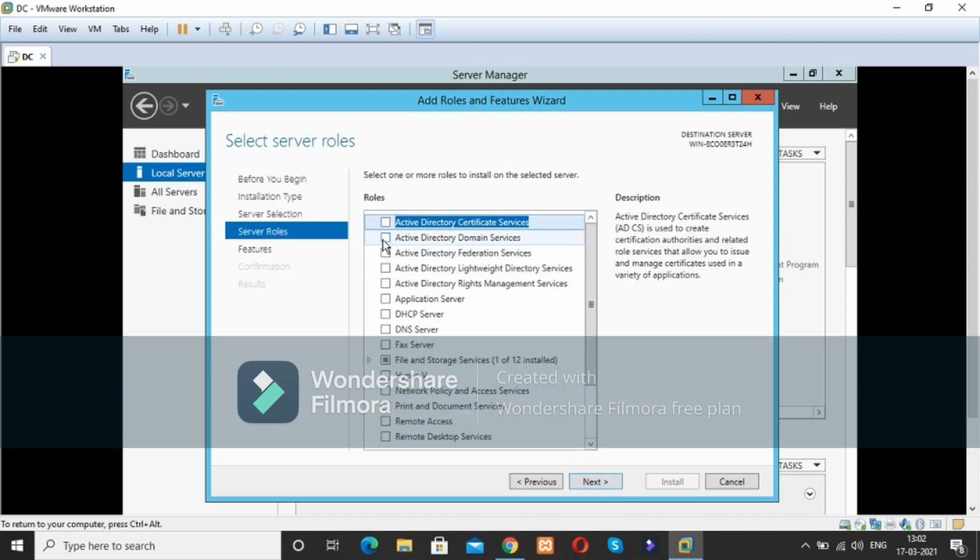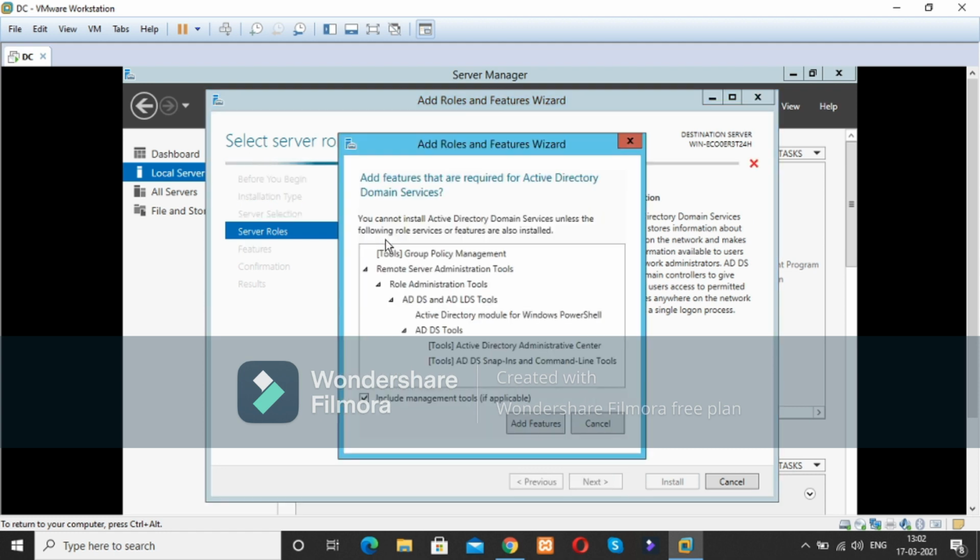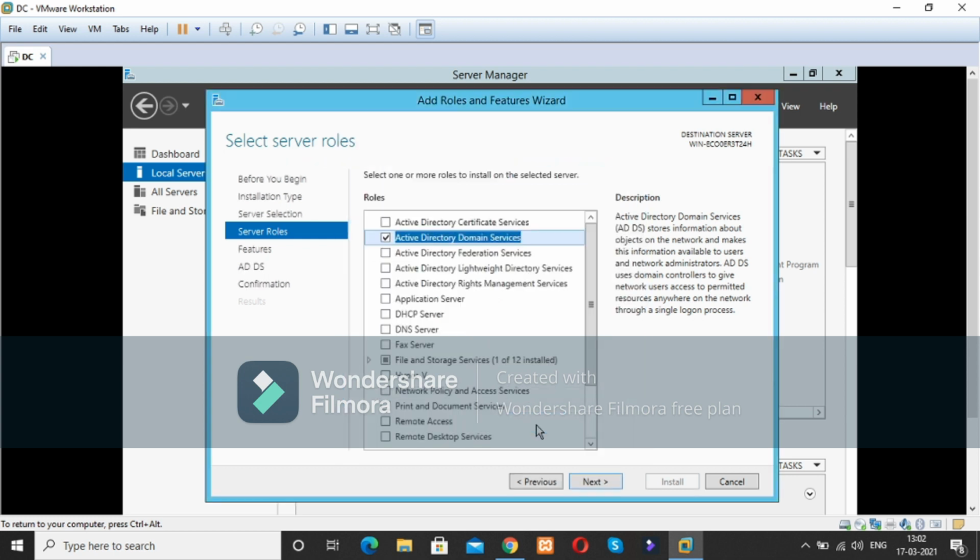Now I can select the Active Directory Domain Services. For that I need to check this checkbox, and it's showing the Active Directory roles and features widget. I need to click the Add Features option.